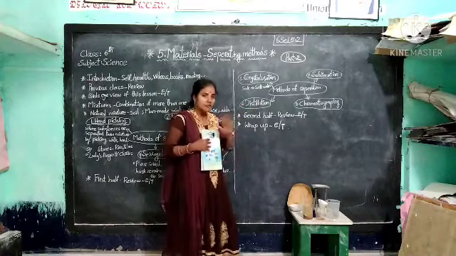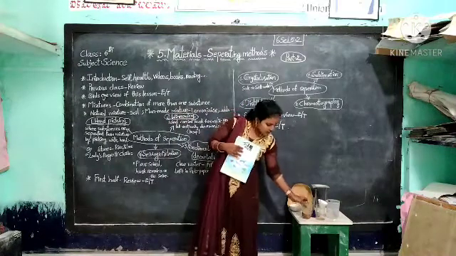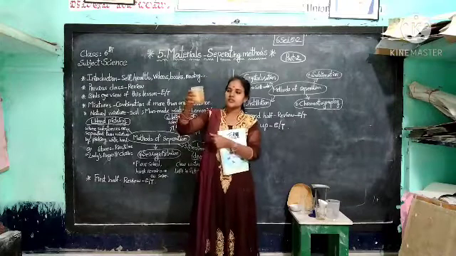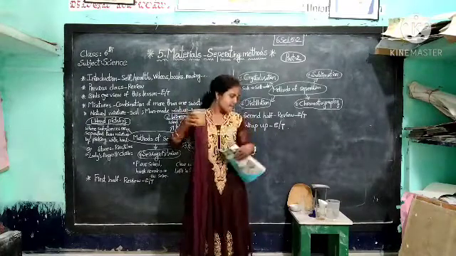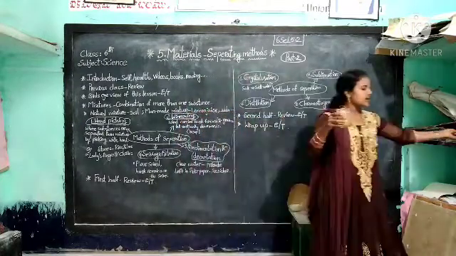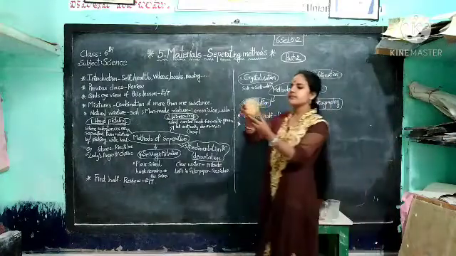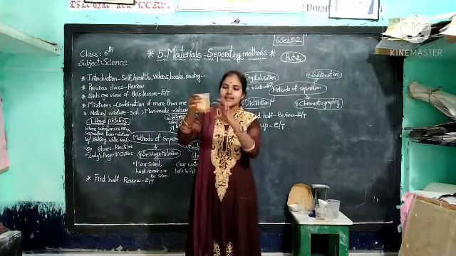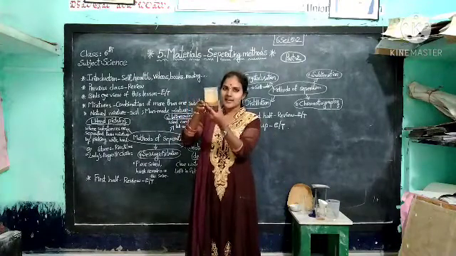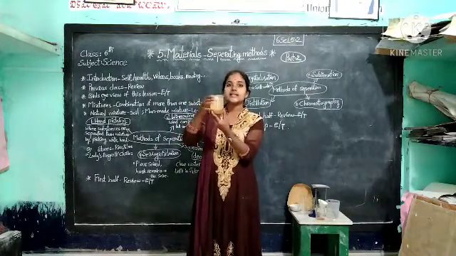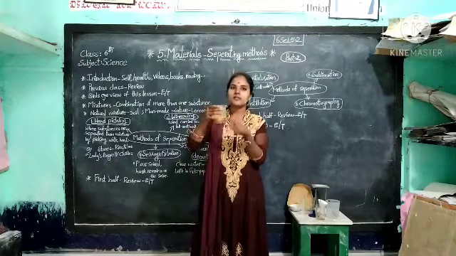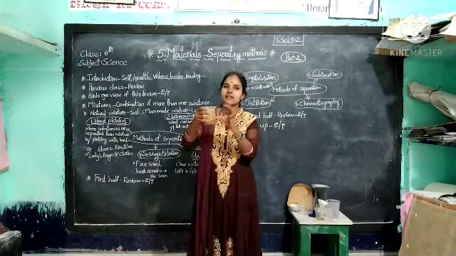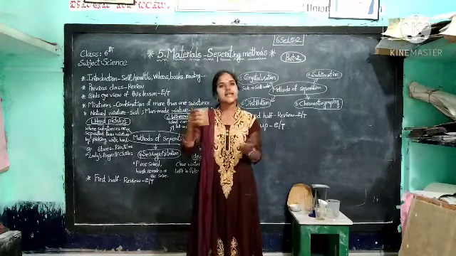Okay, children, now wait, once you observe this, what did you observe now? Once again wait. Here the mud remains at the bottom of the glass. In the above we get the clear water. Okay, this is the sedimentation. This is the process of purifying water by sedimentation. If we pour this clear water into another beaker, that is the decantation.